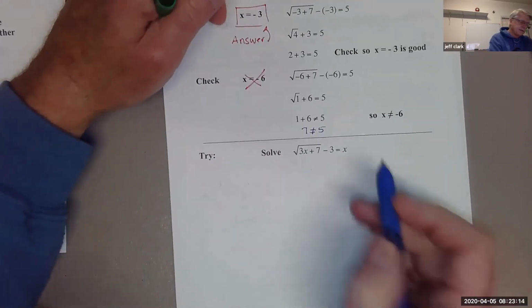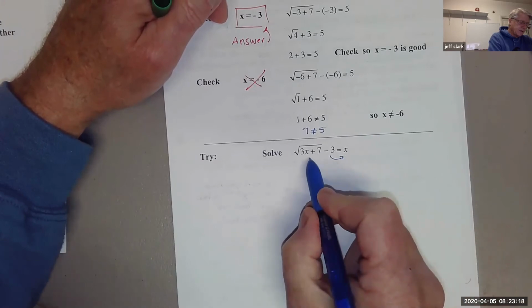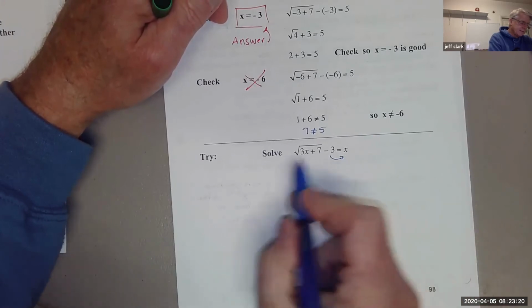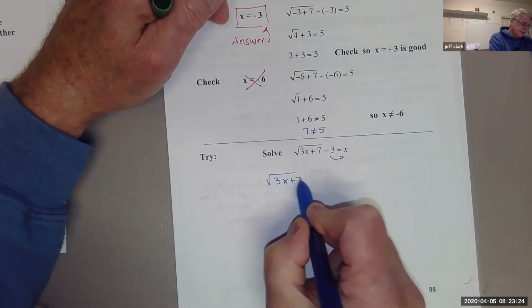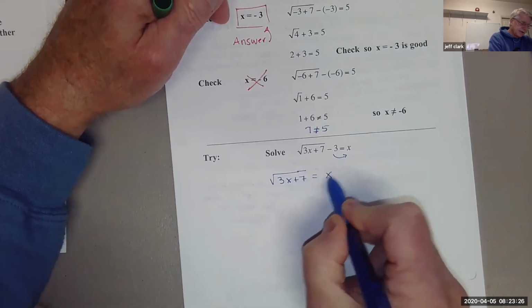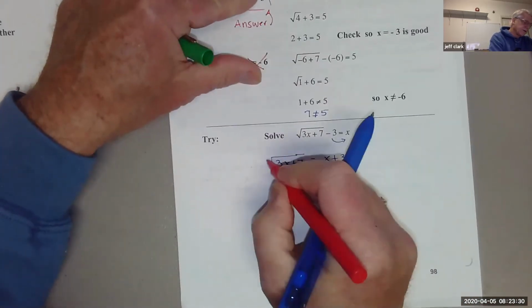Okay, let's try another one. I want to bring that 3 over here because I want to square both sides with the radical by itself. So square root 3x plus 7 equals x plus 3. Okay, and then what you want to do is square both sides,